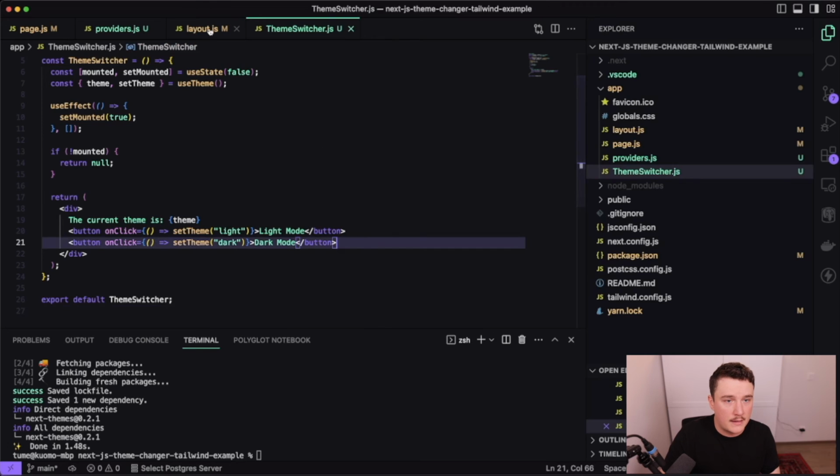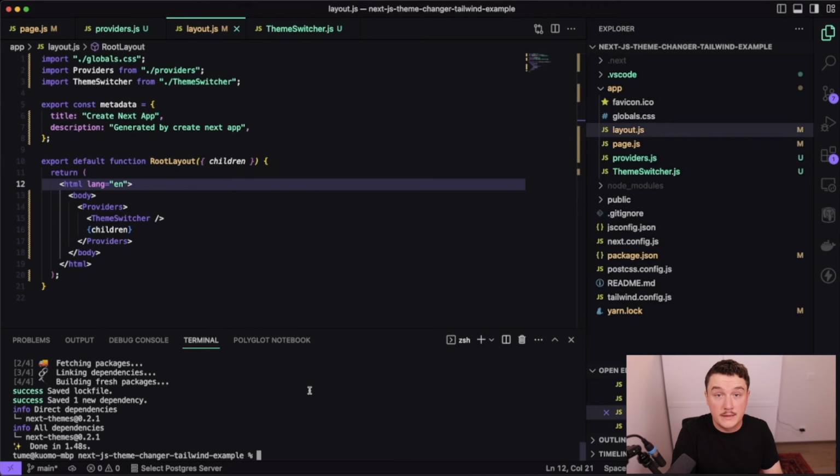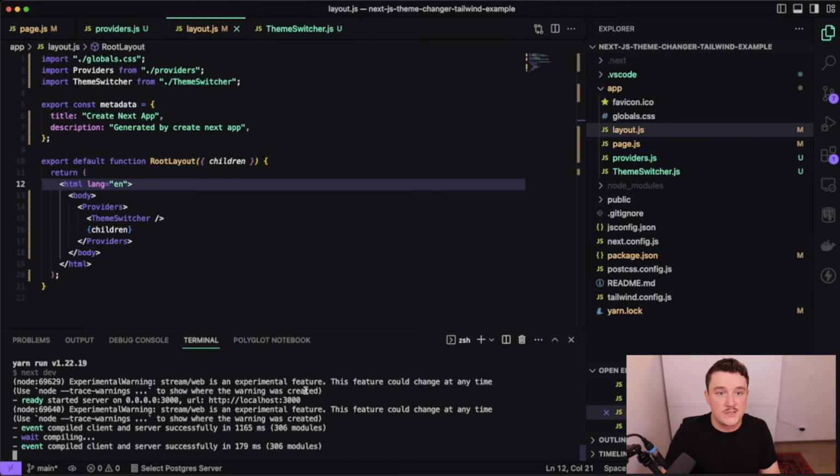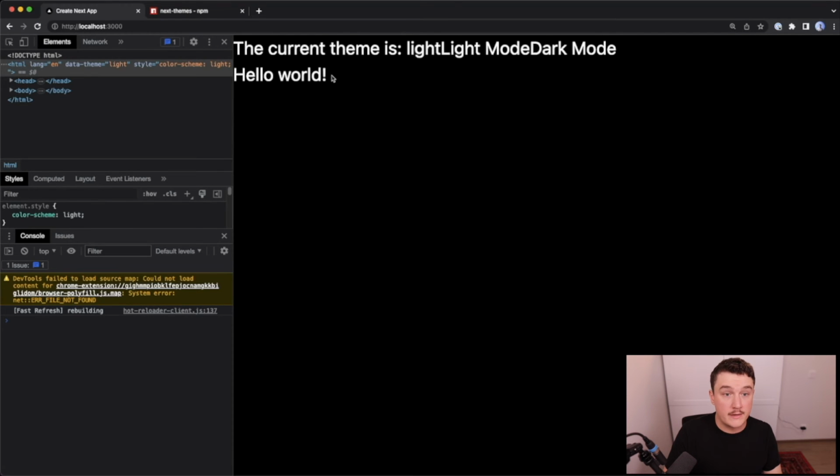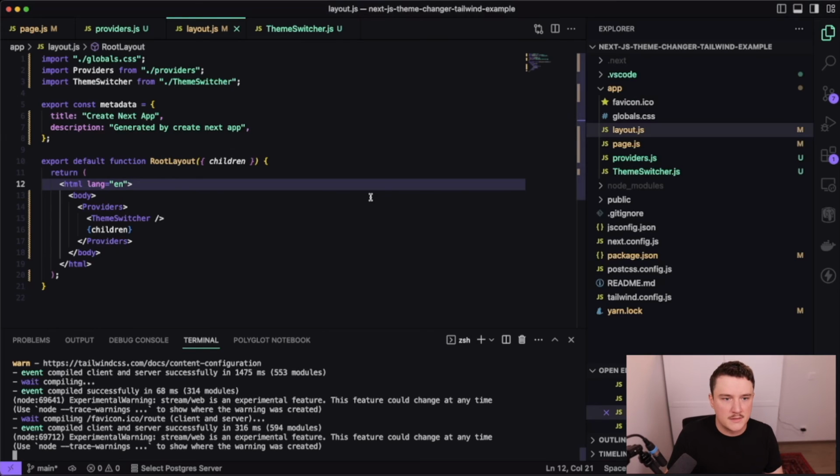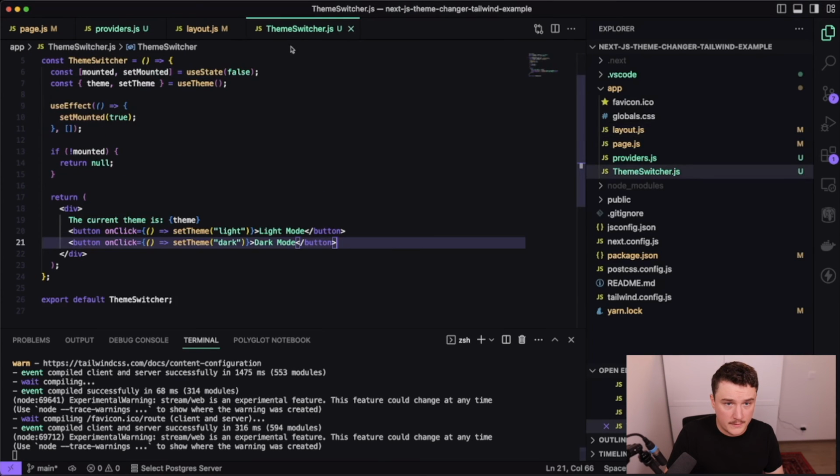Let's save it. And now if we open the dev server and switch to the browser, we are getting the hello world and the theme changer up here, and it looks a bit nasty, but these should be buttons. So when clicked, we are actually changing the theme, as we can see. So when we click the light mode, the theme will be changed to light, and with dark mode, it will be changed to dark. And let me actually switch back to the VS Code and modify the theme switcher a